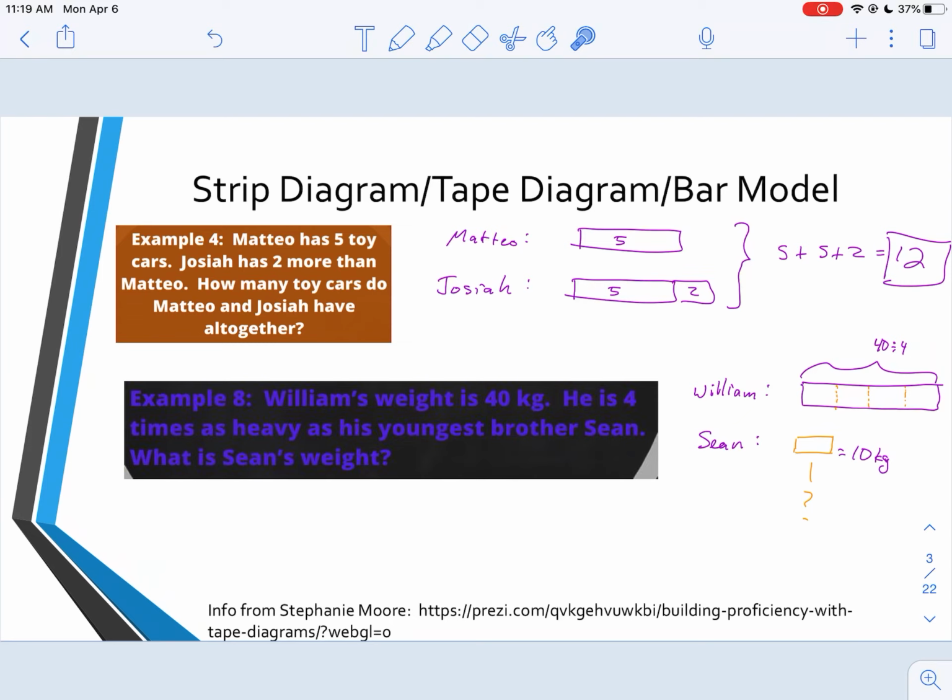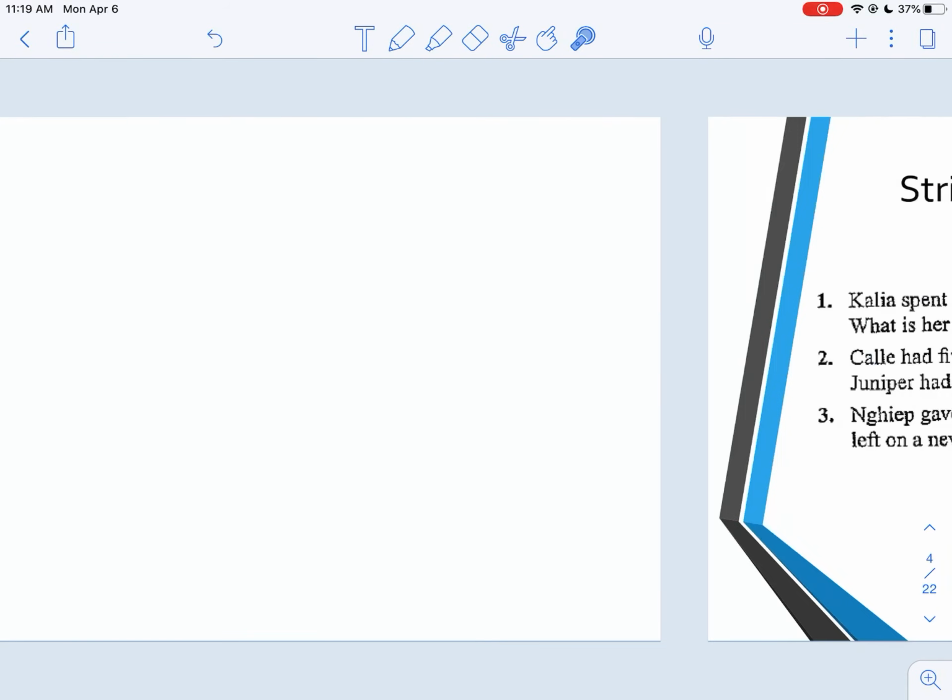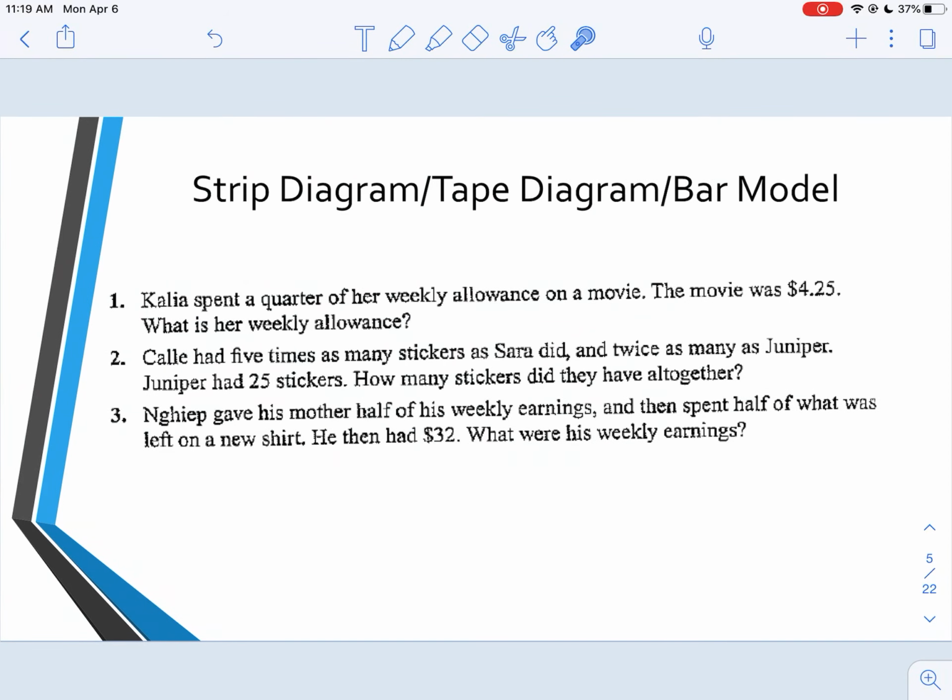So that's the intro on strip diagrams and how we use them. In the next video, I'm going to take a look at just